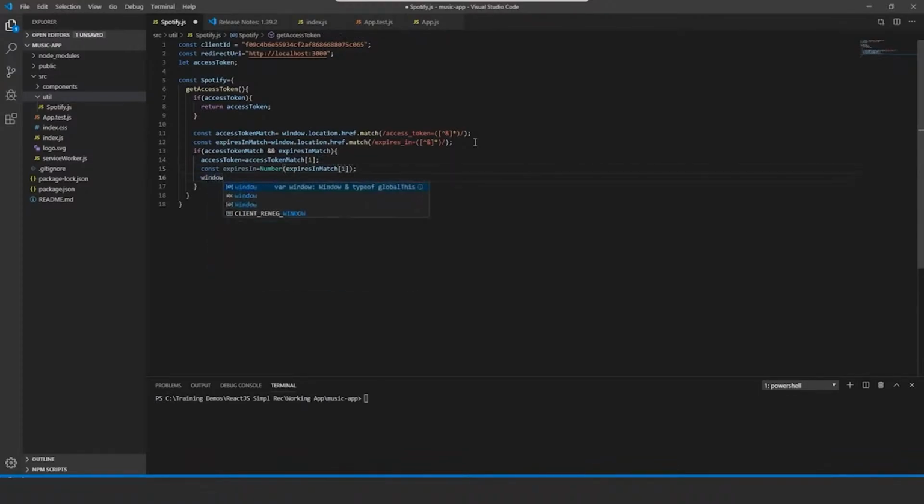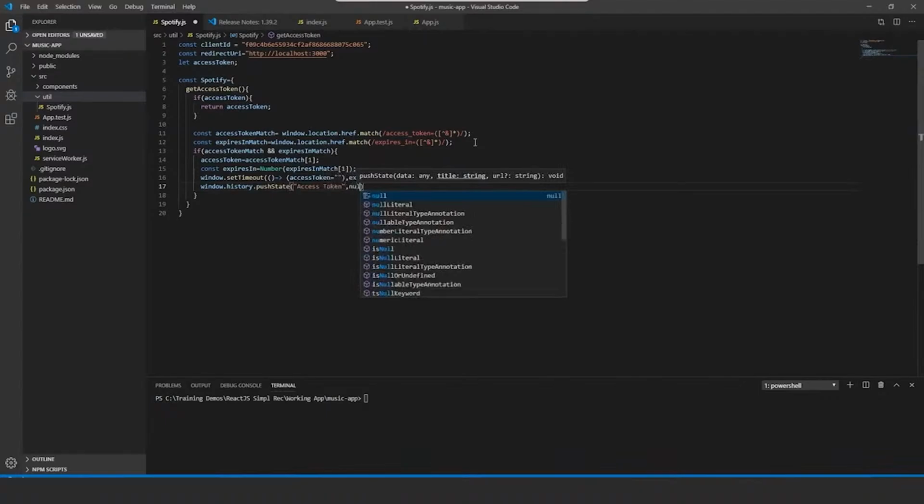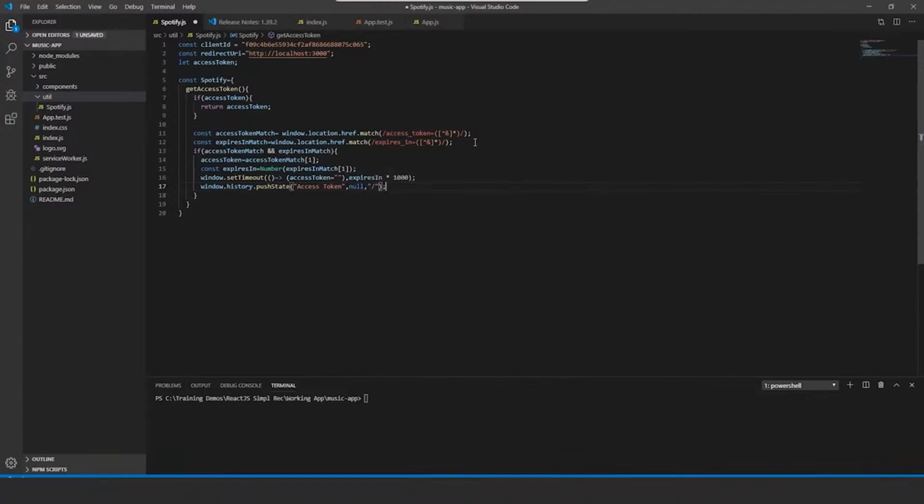That's done. Then we will say window.setTimeout, and we're going to say access token equal to empty, comma, expires in multiplied by 1000. Then we will say window.history.pushState, and we will say access token. We'll pass the second parameter as null, the last parameter as slash, and close this, and we will return access token. Else we will say const access URL equal to https